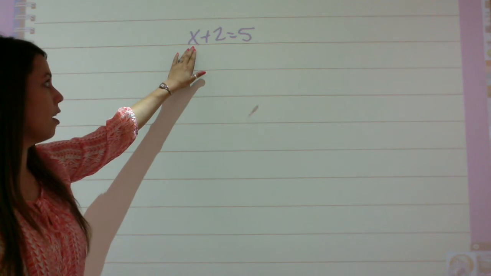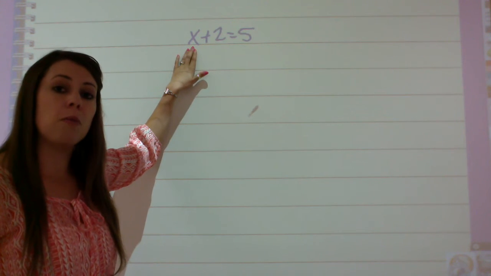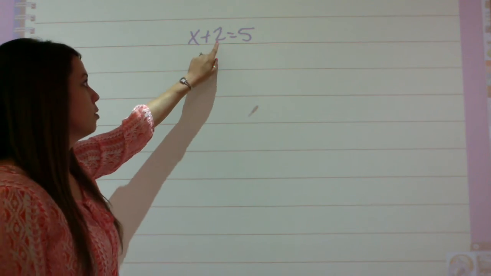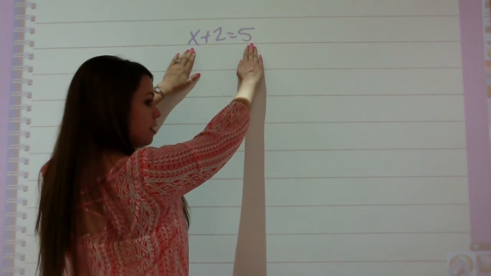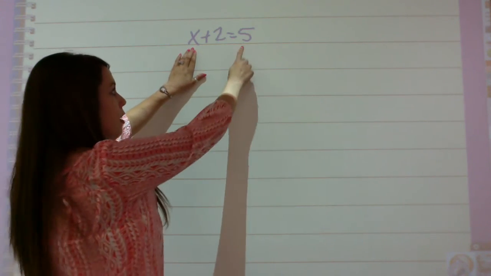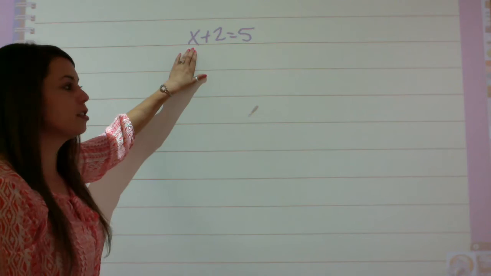So we know we're getting our x by itself. The next question is, how am I going to do that? What number can I take to the other side? We look at it, the 2. If I move the 2 to the other side, will x be by itself? Yes. If I move the 5 over to this side, x will not be by itself, so we must move